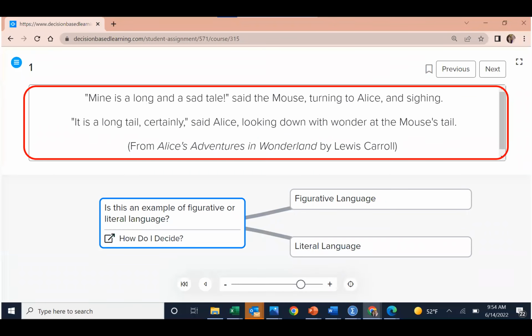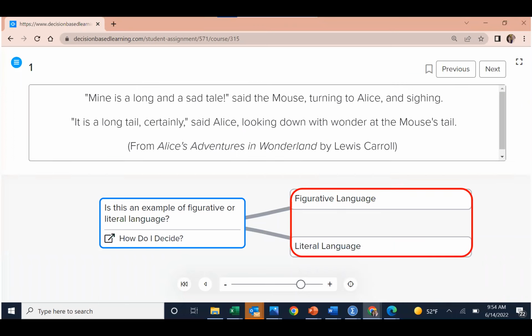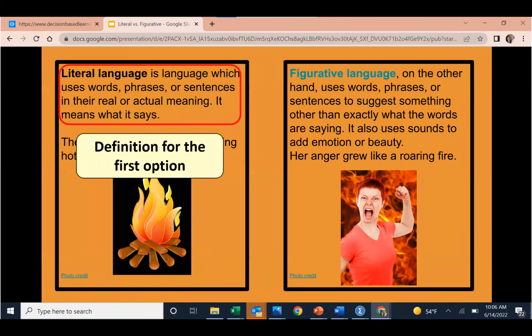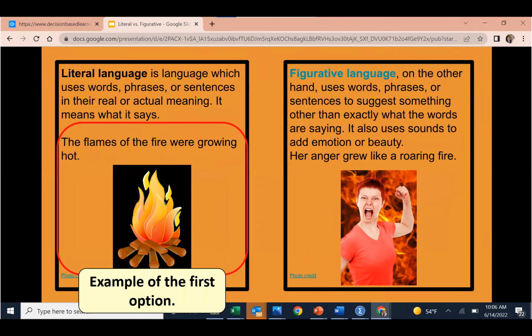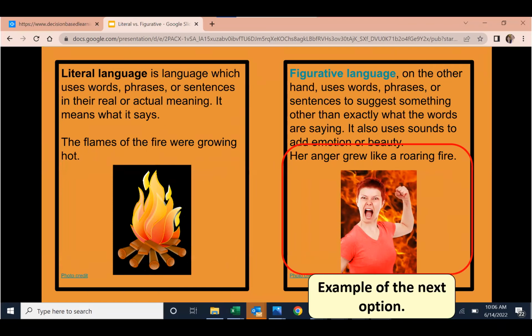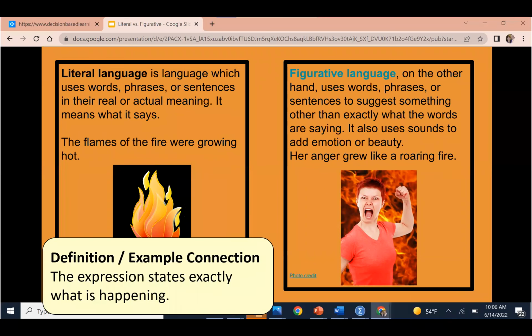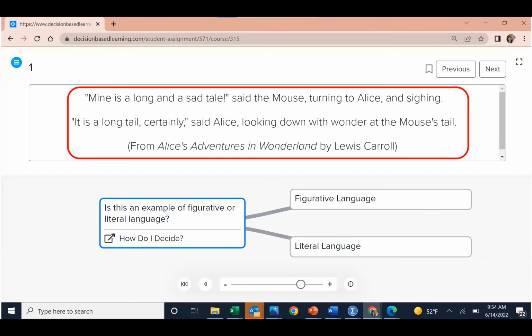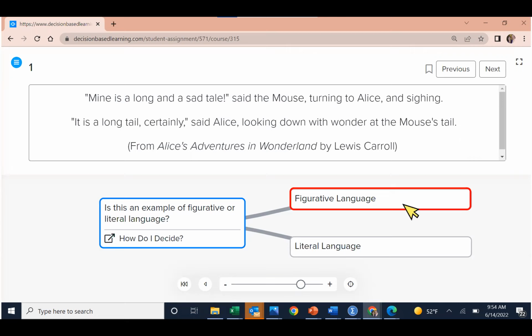In this example, students will read a few lines of poetry and then determine if these lines represent figurative or literal language. Click the Just-in-Time, Just-enough instruction. Here are the definitions for each option, literal language and figurative language. Here are examples for each option. Here is an explanation connecting the example to the definition. Then practice problems. When students complete the instruction for this decision point, they return to the original poem and select